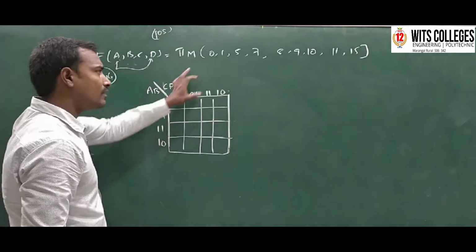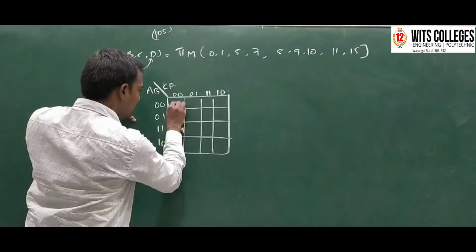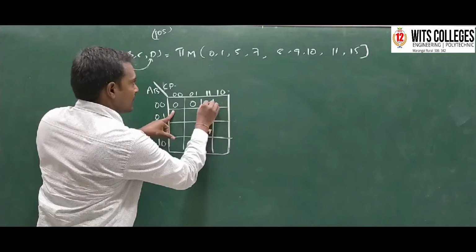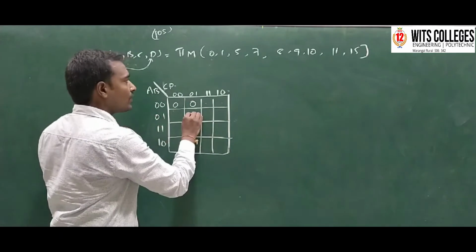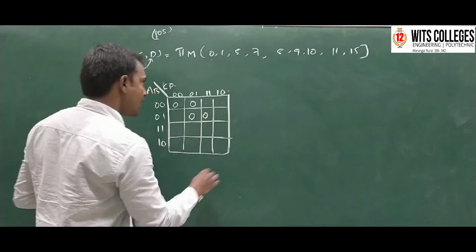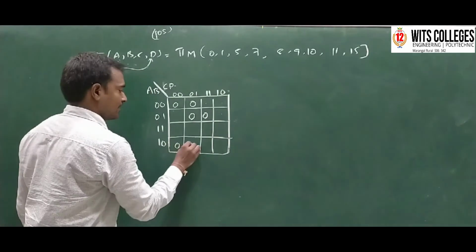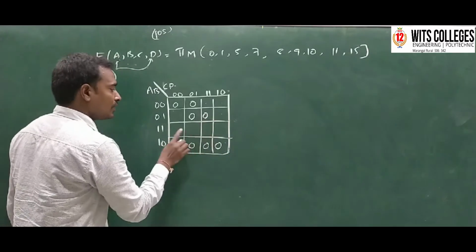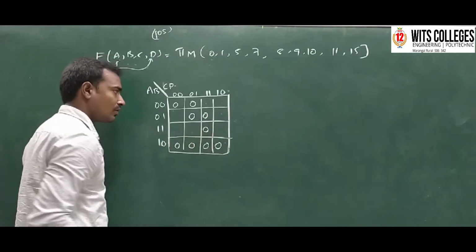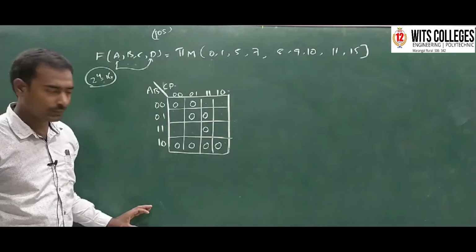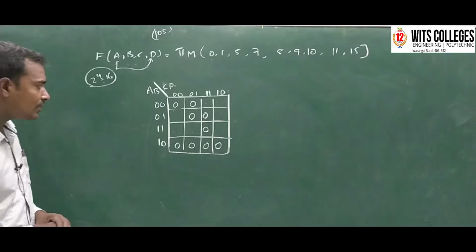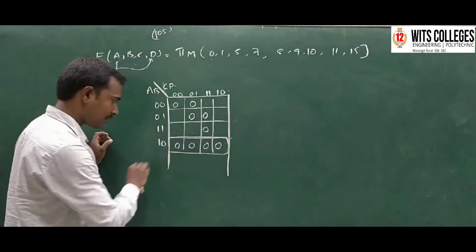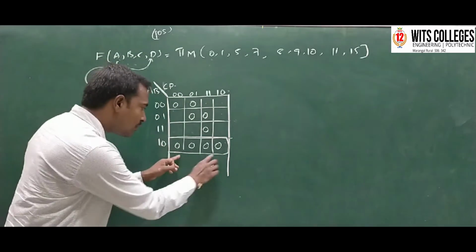The given values are like a 0, so we have to represent them with 0 and 1. 2 is not there, 3, 4 and 5 are there, 6 and 7 here, and 8, 9, 10 and 11 are all there, 12, 13, 14 and 15. So we have to map all these variables. Here I am taking only these 4 variables and mapping them.